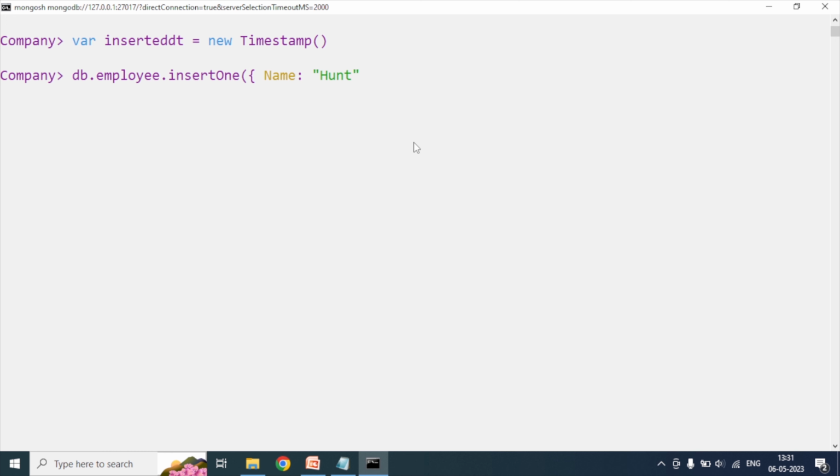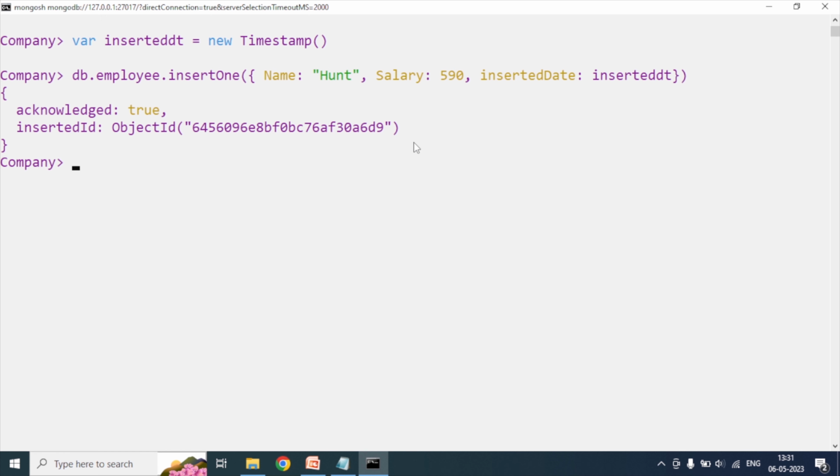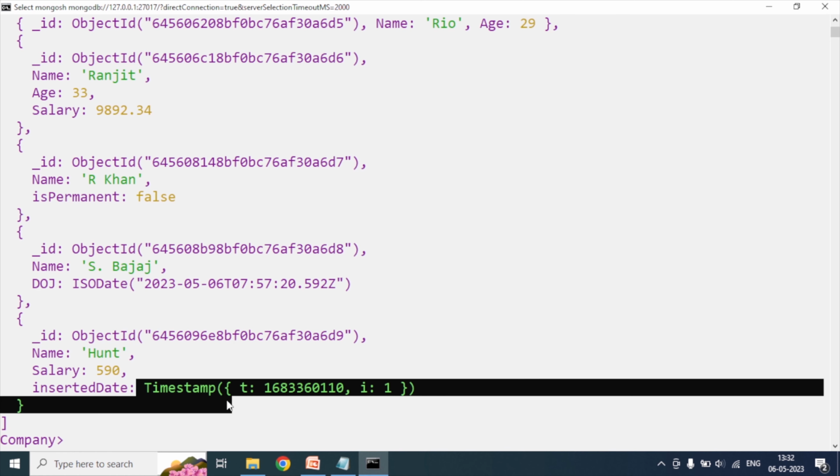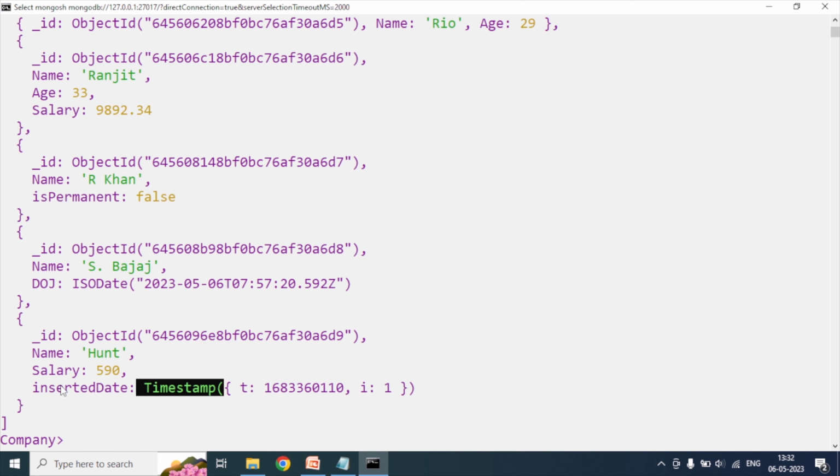Employee name is Han and salary 590 rupees, that is per day, and inserted date we will assign our previous variable, which is inserted dt. Again we will close our document and method. Then after we hit the enter button, our data is inserted into our collection. Let's see the document. You can see a timestamp variable is inserted in our inserted date